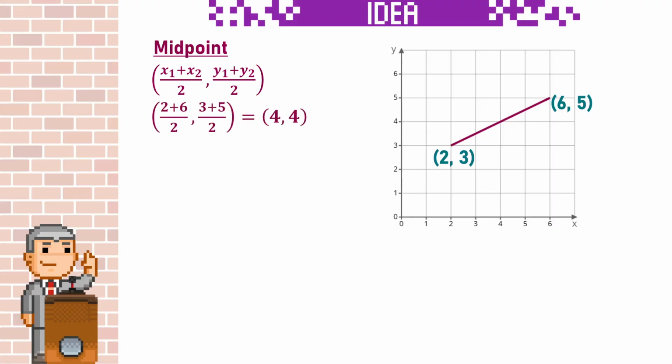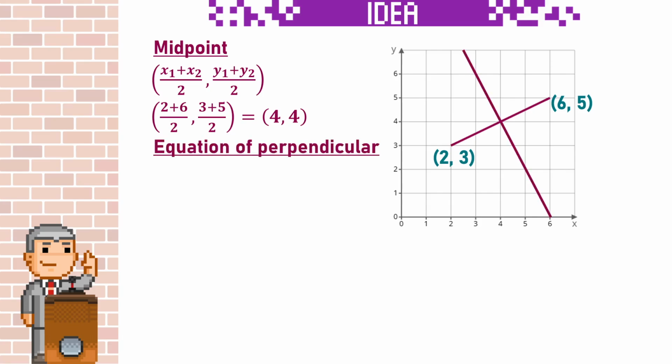So we're adding them together, so 2 plus 6 for the x coordinates, 3 plus 5 for the y coordinates, and dividing them by 2. So the midpoint is 4, 4. If we wanted to work out the equation of the perpendicular line going through this midpoint, like this, we need